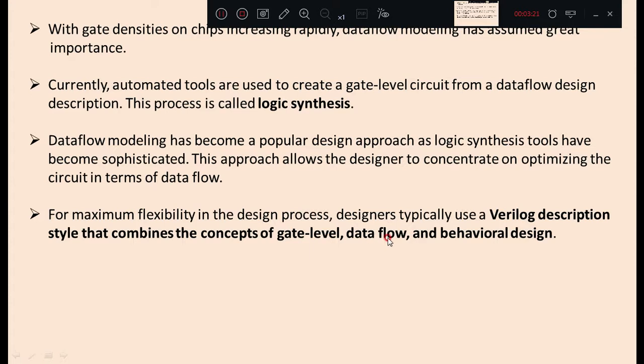So all three modeling styles can be combined in the same Verilog code, a mixed style of coding. So the designer can combine all three different coding styles in implementation. Now it's left to the tool to create a gate level circuit from the Verilog code written.